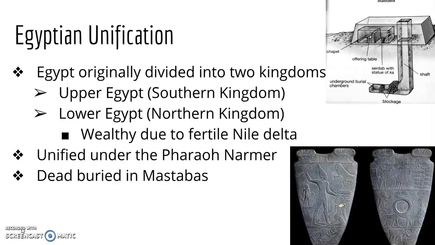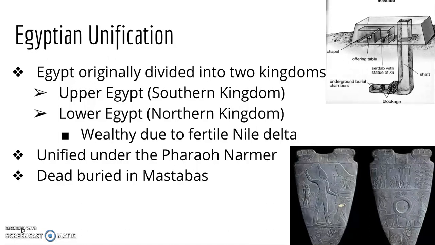So, Egyptian unification. When Egypt first begins to coalesce, we have two kingdoms. One in the south, referred to as Upper Egypt, and one in the north, referred to as Lower Egypt. These terms upper and lower may seem reversed to us, but this has to do with the fact that Upper Egypt is upriver and is geographically on a higher altitude than Lower Egypt, even though Lower Egypt is north of